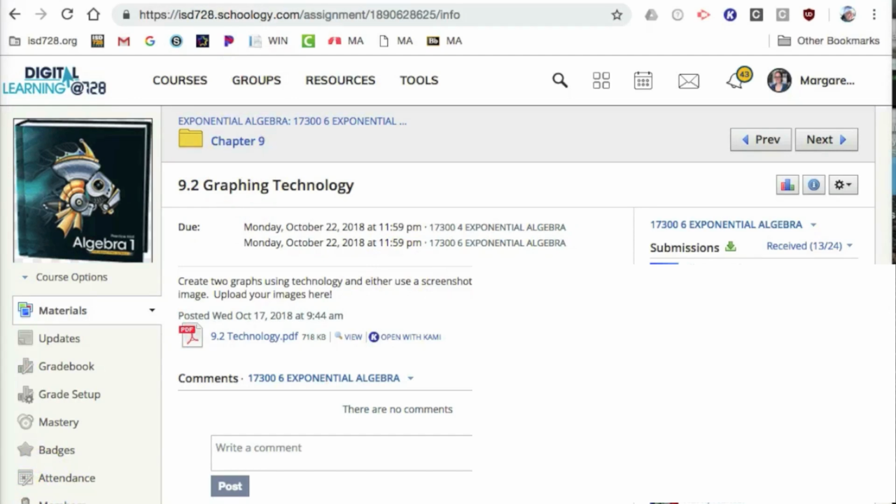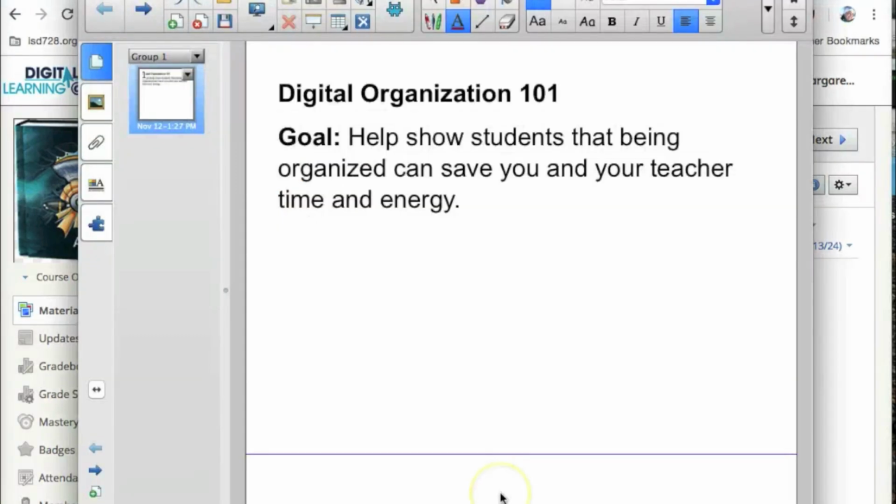All right. So just in wrapping this up, you learned a couple different organizational tools that you can use, hopefully to make your life easier and your teacher's life a little easier, to save time and some energy. You need to find the organizational system that works best for you. We don't want to have this be a catch-all, cover-all for everybody, because we all know everybody learns a little differently and every teacher wants things a little differently. You kind of have to find your own way through this.